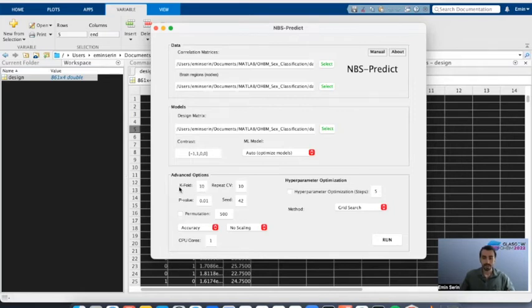And the number of folds, this parameter also depends on the sparsity of the input network, the input connectome data. For example, if your data is really dense, I would suggest you use higher numbers. But for our analysis, we're going to set the K parameter to 5 and the number of CV repetitions to 50.